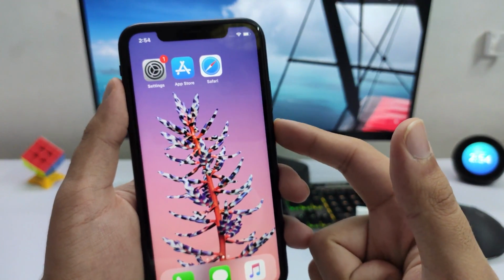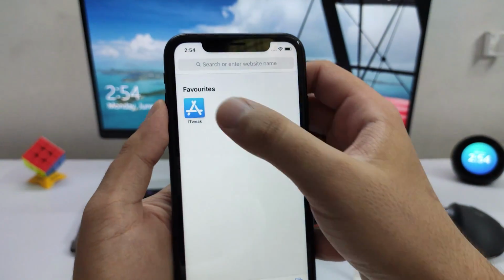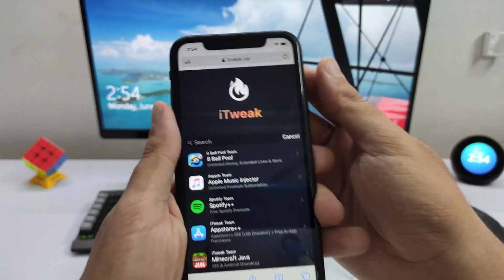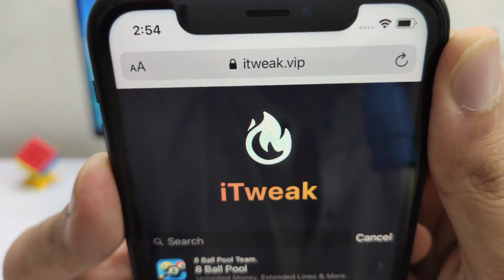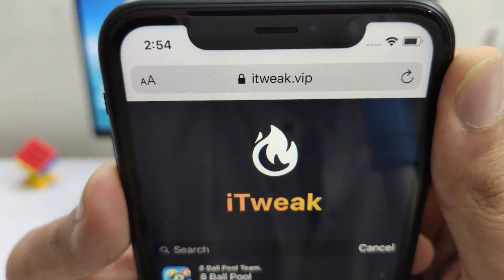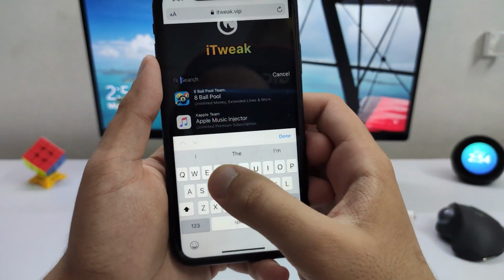Now this can be Safari on iOS devices and Chrome on your Android devices, and simply navigate to this website called the itweak.vip. Make sure you get it right. It's itweak.vip. So once you're on there, all you have to do is go ahead, click on the search bar and